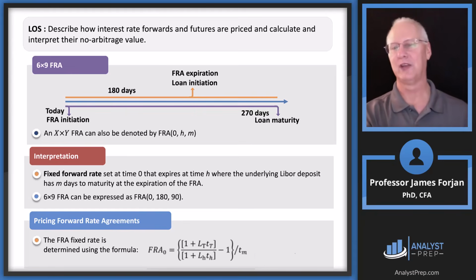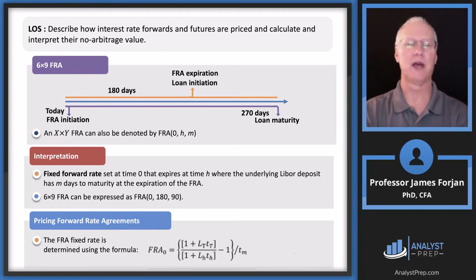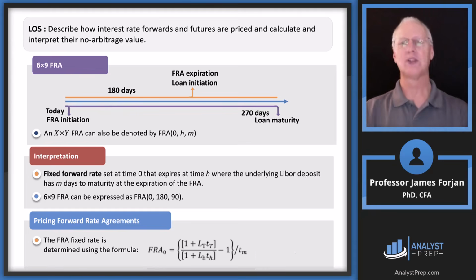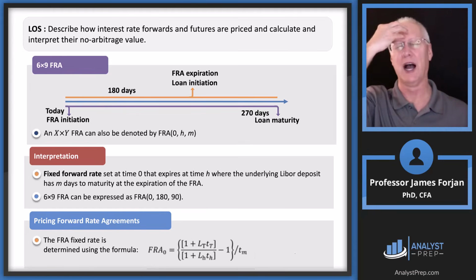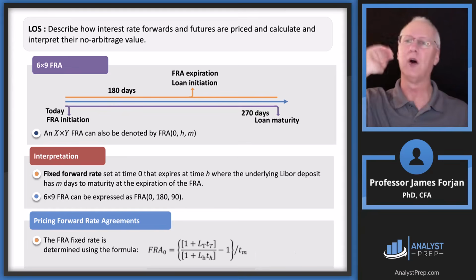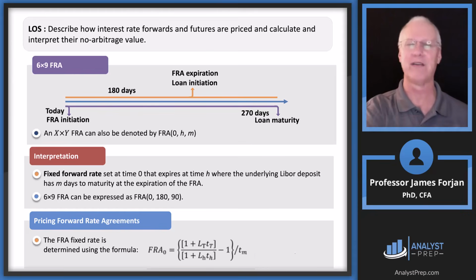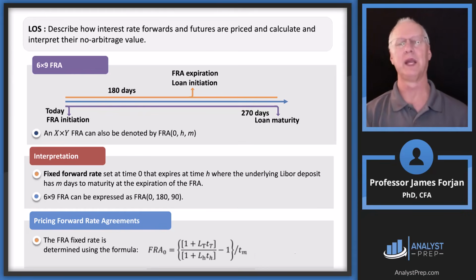So I want you to go back to the example I just gave you just a few moments ago. Suppose you come to me and say, hey, Jim, I want to borrow some money, but I want to do it in a year. And let's suppose that the 1 year rate is 5%. And the 2 year rate is 10%. So you're tempted to say something like, okay, 1 year rate is 5, 2 year rate is 10. Well, a year from now, let's just agree on a 5% interest rate, right? 10 minus 5, that sounds about right. Well, that's not a bad estimate, but it doesn't reflect the whole bunch of time value of money stuff that you've learned from the very beginning of